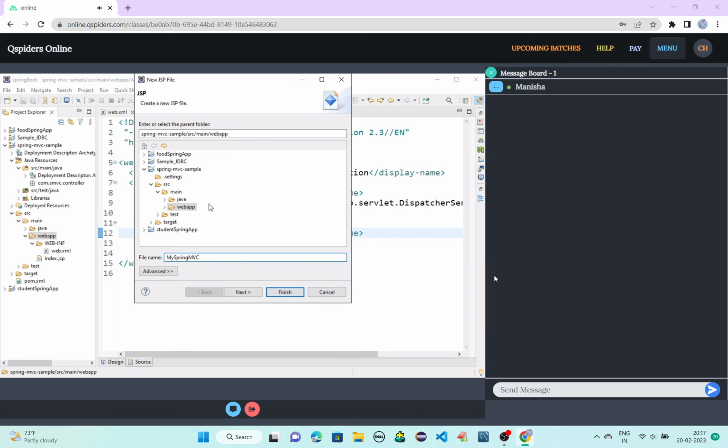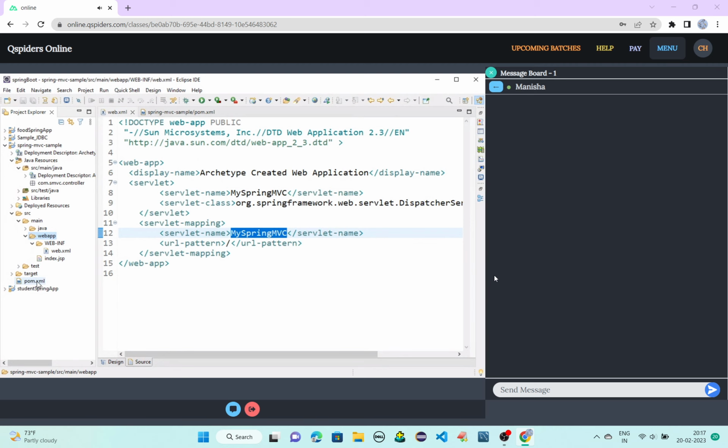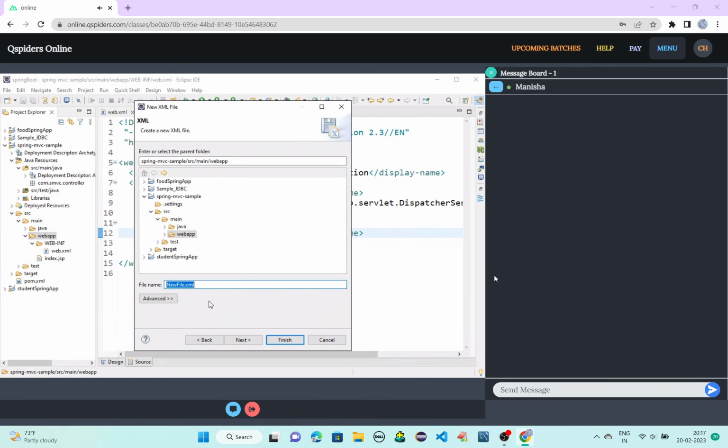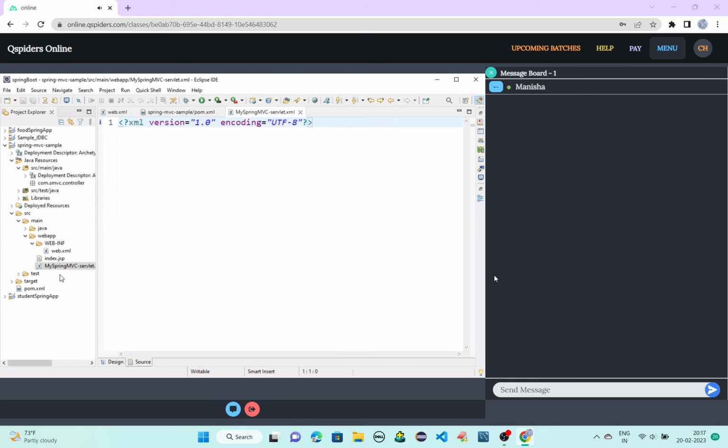Along with this, you should give -servlet.xml. Sorry, you create an XML file, not a JSP file. New, where is XML? Other, XML. Yeah, I have the XML file option here. Paste -servlet.xml. Okay, so you need to create an XML file.